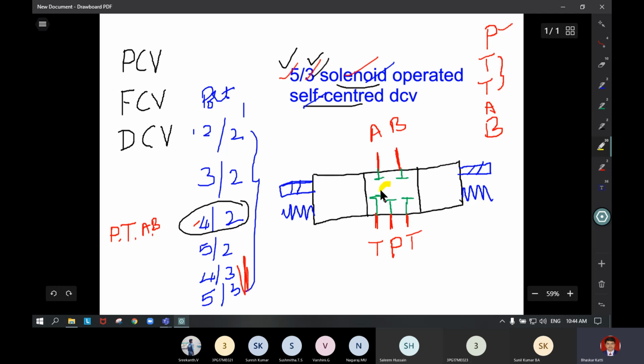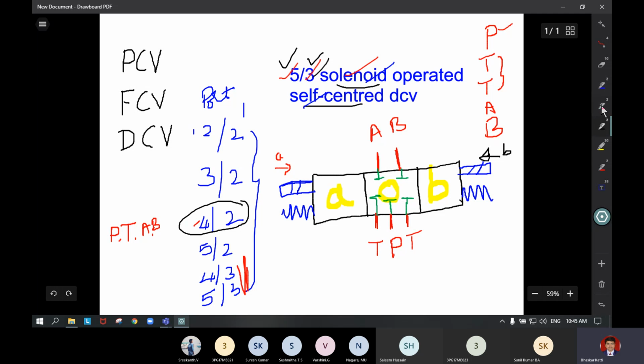This center position is always represented as O, and one side is represented as A, another side as B. So when we activate from the left side, A position comes to the center, and the flow is connected to A. Like that you have to write. Now when we give the solenoid to B, B will come to the center position, then P should be connected to B. That flow path you have to write here.